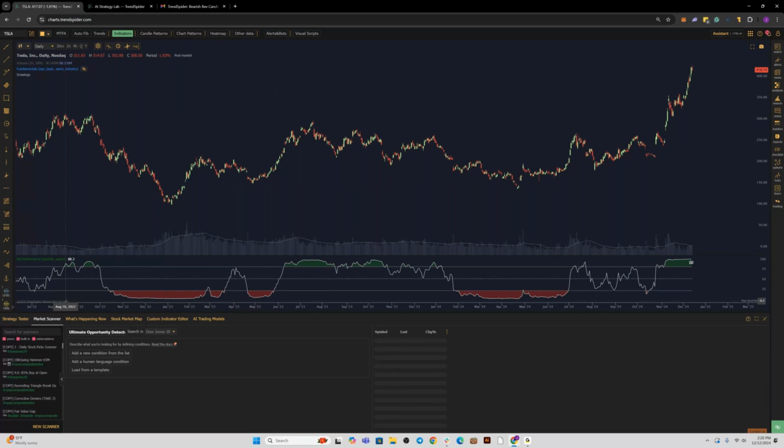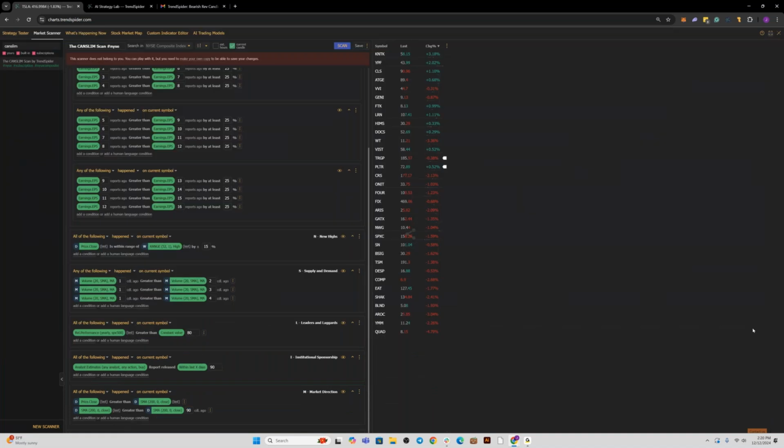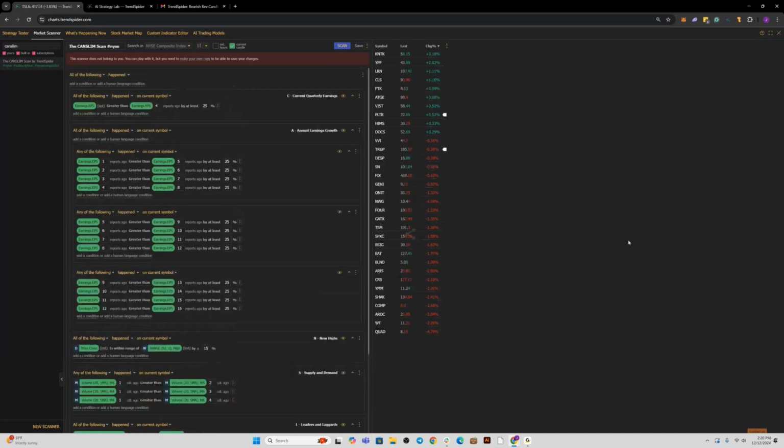And between having fundamentals now and having this relative performance score, we're able to do things like create this. This is the CanSlim scan. If you're an investor that's interested in CanSlim names, this is a whole methodology of trading. There are products that are devoted specifically just to CanSlim, and now you can identify those names really quickly and easily using TrendSpider.